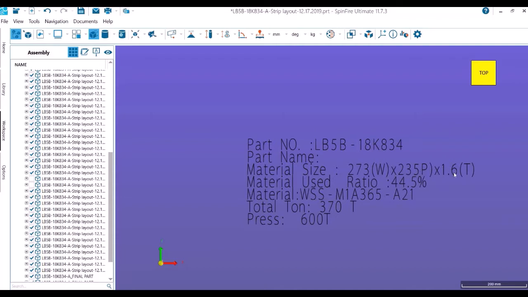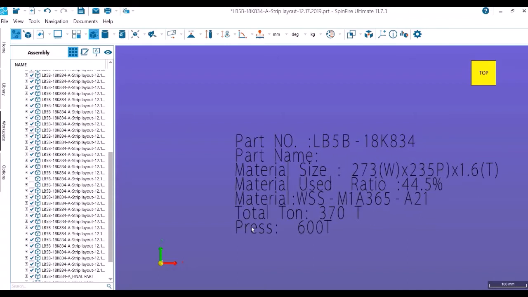You can see the material utilization ratio is 44.5%. The total tonnage we got from the simulation is 370 ton. Based upon this, the nearest available suitable press which we selected was 600 ton.